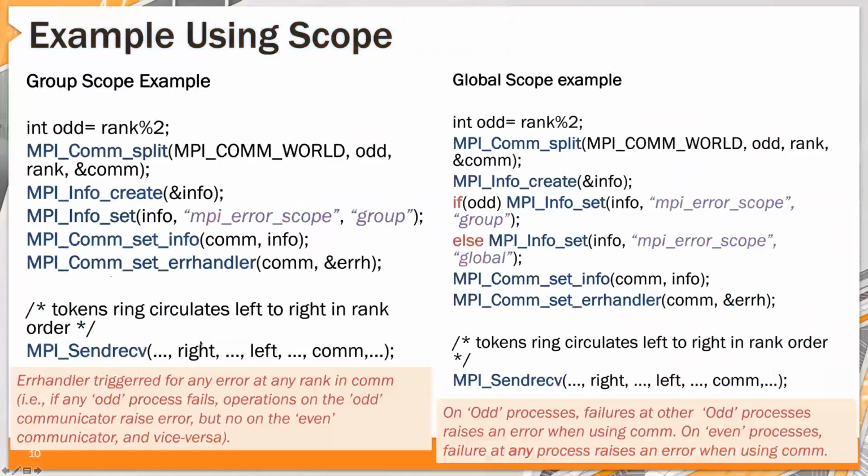All right, so by default, the send receive would return an error only if your right or your left neighbor has failed. Because we have set the info error scope to group, it means that any error anywhere in the group will automatically produce an error during the send receive. The thing to note here is that because we have set it to group, it still applies only to errors in the group. So the errors that are happening on odd processes will interrupt operations that are running on the odd communicator,